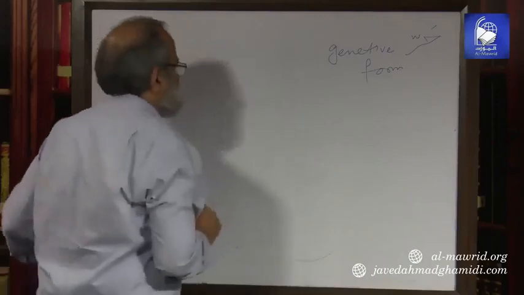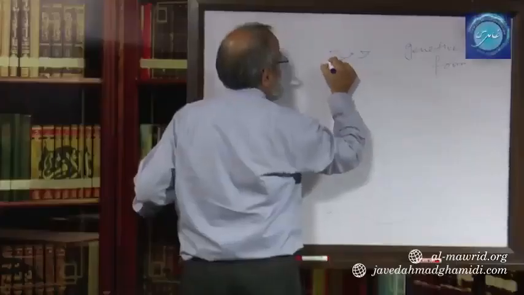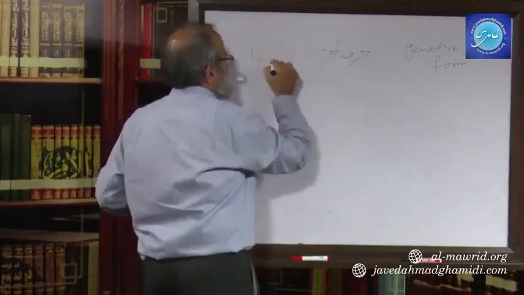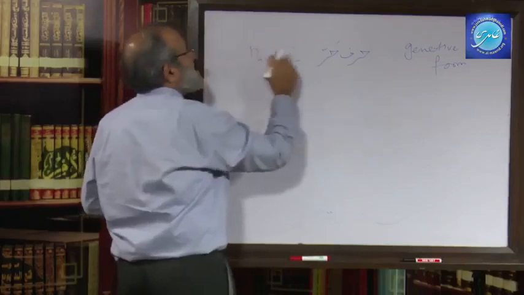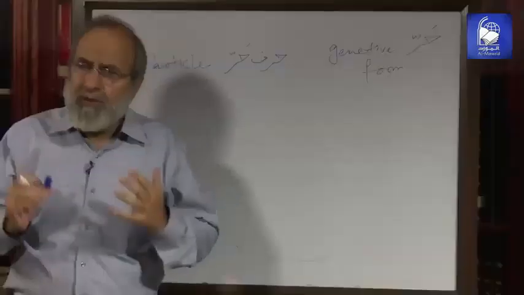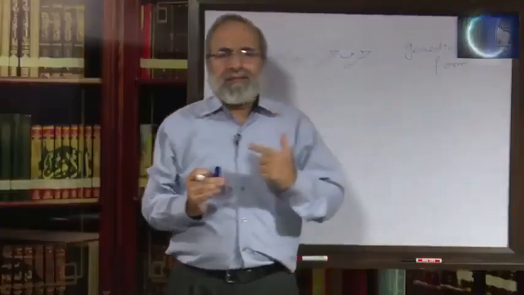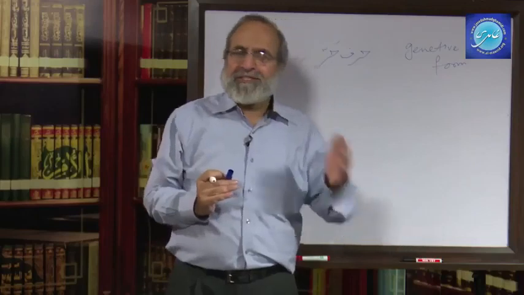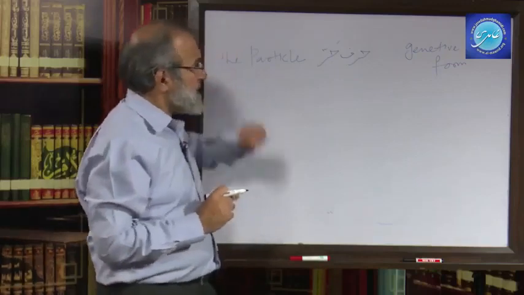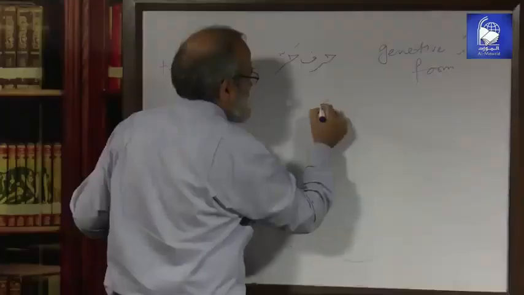One of them is what is called harf jar, which is the particle. That is, whenever a noun is preceded by a particle, the noun that follows it takes the form of Jar. So the genitive case is because of 2 reasons. One of them is harf jar, and the other is